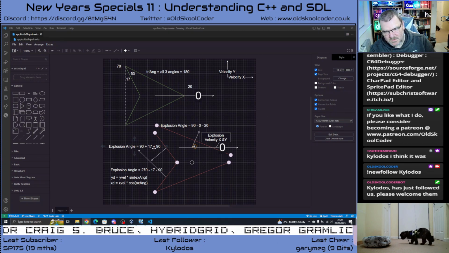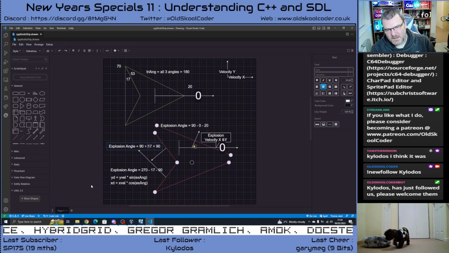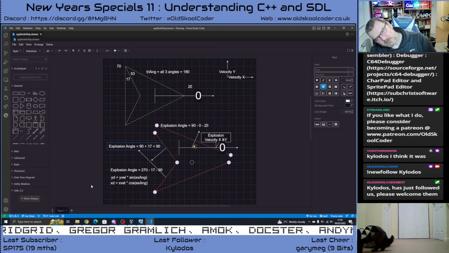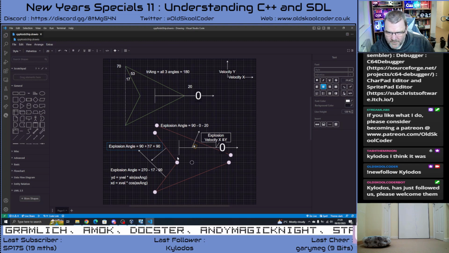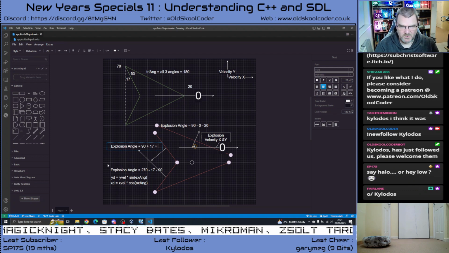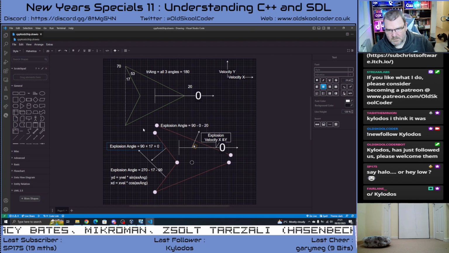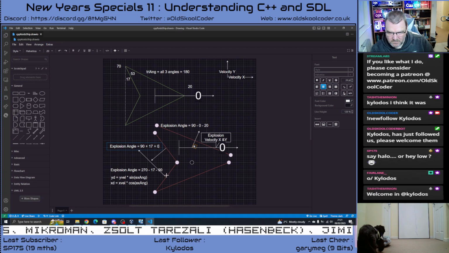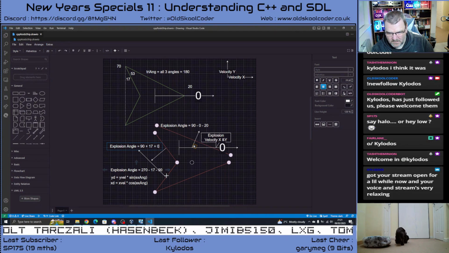Right. So this one, let's work this out. So this one is going to be that angle there, which is the same as that angle there. So that's 17. So this is going to be 90 plus 17 plus ship angle, which is at the moment 0. Yeah. So this angle, which is that one. So we're doing that angle there.